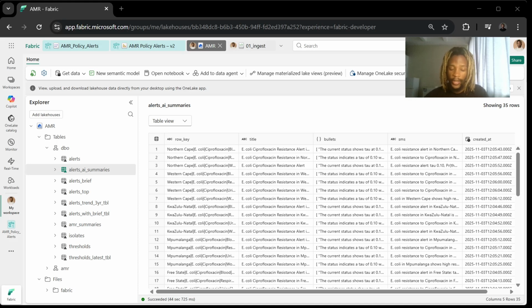Before we dive in, a quick setup. We're using a small Fabric Lakehouse that holds all the key data: isolates, thresholds, alerts, and optional alert summaries. The notebook 01 ingest runs the full pipeline, and the Power BI report, AMR policy alerts, connects directly to it. In short, this setup turns routine lab data into policy-aligned, stable antimicrobial resistance alerts, and when available, adds